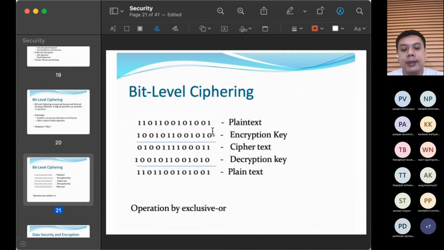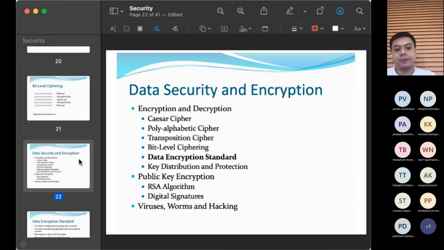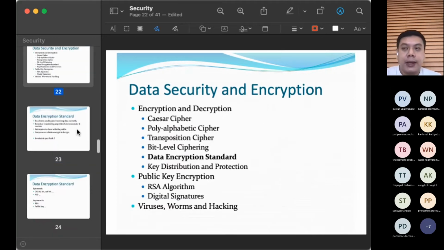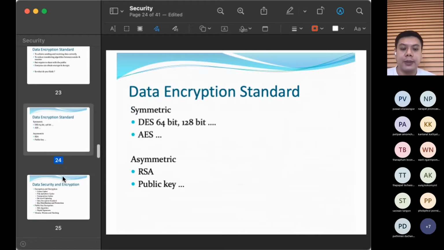So what we need is a protocol where the plain text, together with the key, gives the ciphertext, and that ciphertext must be able to reverse back to the plain text with some key. That's the idea of modern encryption and decryption. Back to about 10 years ago, we started with DES, the Data Encryption Standard. It's quite good, simple, easy, works on all devices, doesn't require complicated processing of data, and works pretty well.